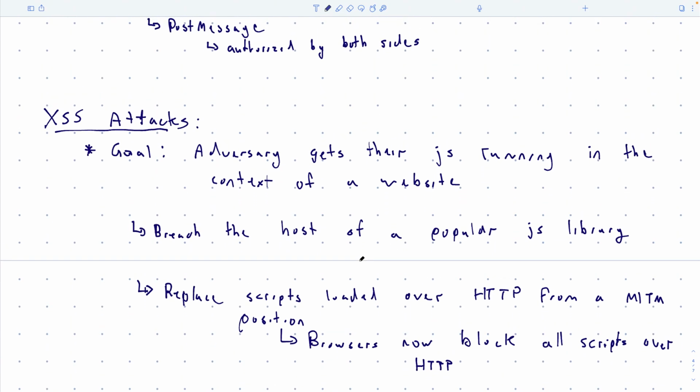Okay, another thing that used to work is you would just sit back, let's say you're a man-in-the-middle adversary, and if you saw any JavaScript go over HTTP, guess what? You can overwrite it, right? It's HTTP, you can see it, it's in clear text. There's no signatures or MACs or anything on it, so you can also change the content, and then you stick your malicious addition to the script into it, and then that gets sent down to the browser, and the browser loads it, and it doesn't know any different, okay?